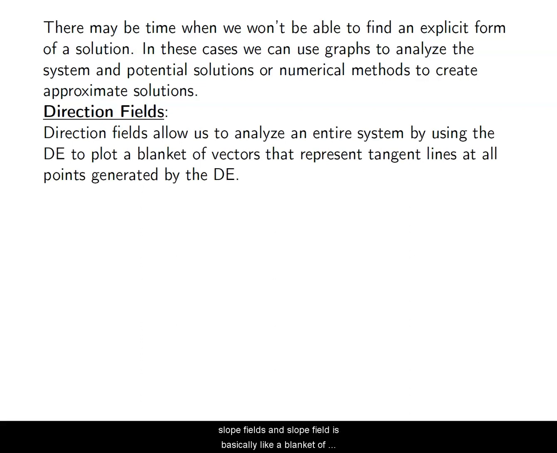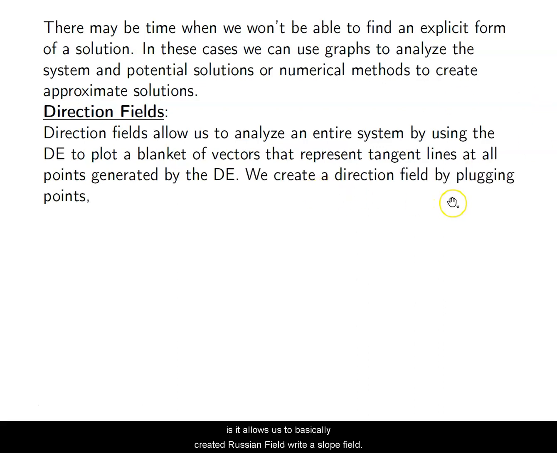And a slope field is basically like a blanket of vectors where all of the vectors are the tangent lines to any potential solution at any given point, right? So you're looking at the XY Cartesian coordinate system, and at every single point in that Cartesian system, you draw a vector that represents the slope at that point. Okay, so we'll play around with a couple of little slope field generators here, and we'll see that we can kind of manipulate what we're able to use. But basically what this does is it allows us to create a direction field, right? A slope field,